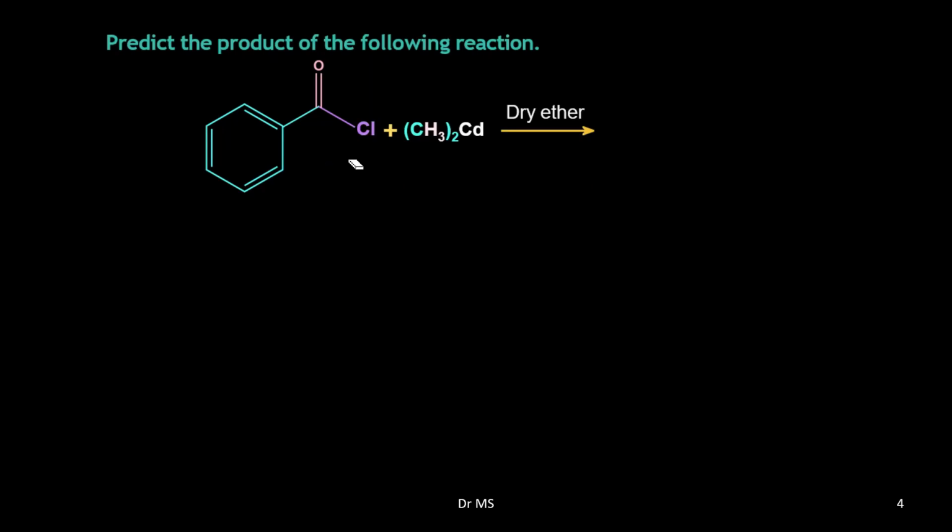The benzoyl chloride, or you can also say this is the acid chloride, that reacts with the dimethyl cadmium. So this is called dimethyl cadmium. And what is this? It is a benzoyl chloride. So this benzoyl chloride reacts with a